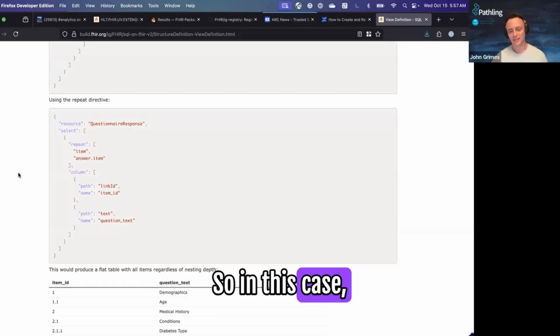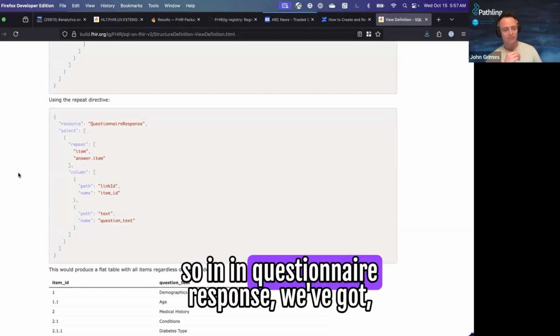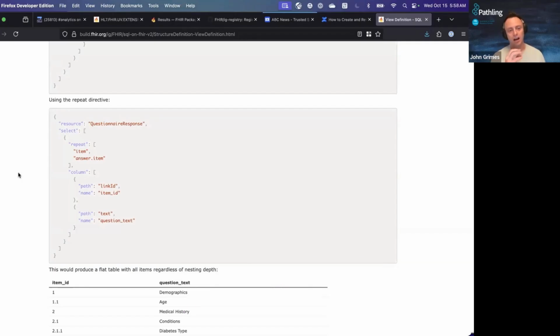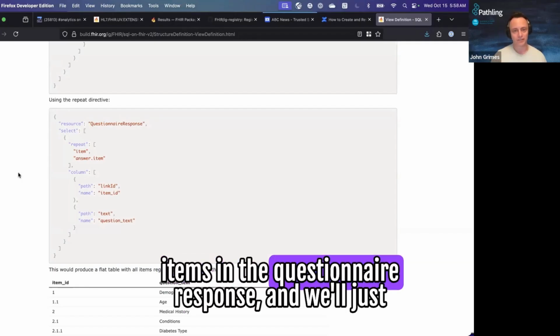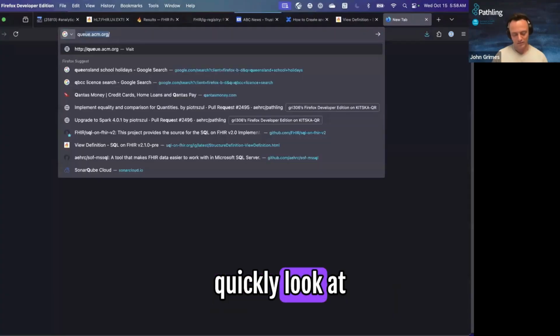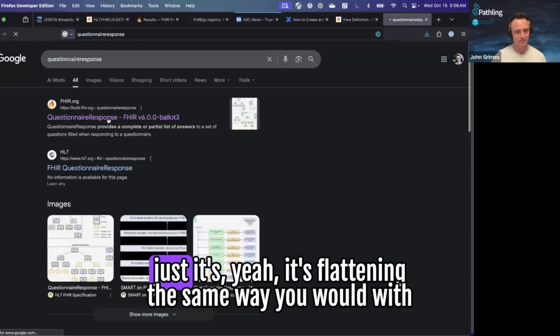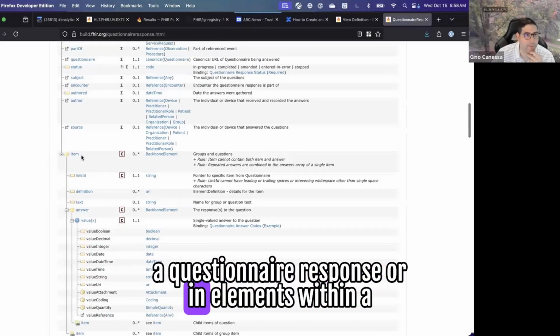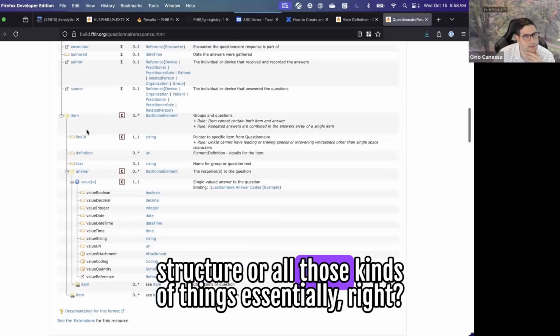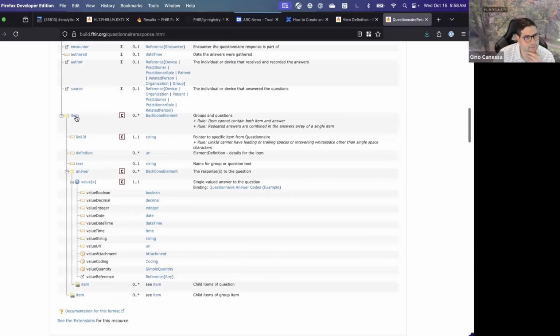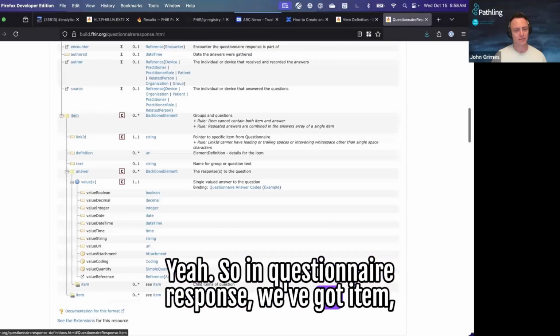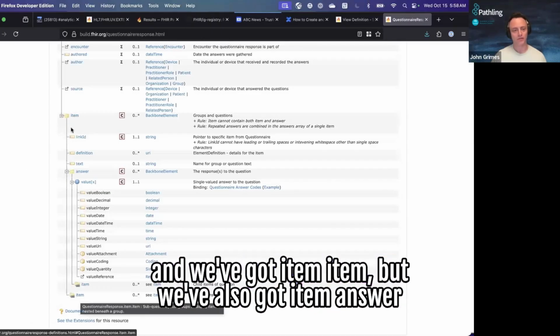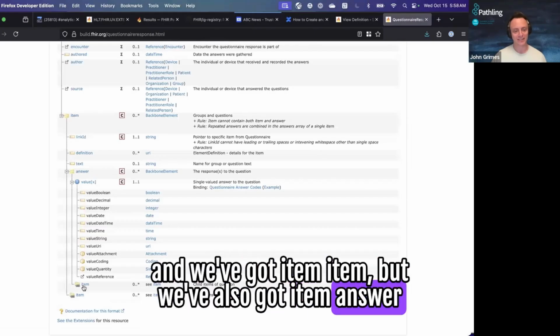So in this case, in QuestionnaireResponse, we've got items, and we'll just quickly look at the structure. Yeah, it's flattening the same way you would with a questionnaire response or elements within a structure, essentially, right? Yeah, so in QuestionnaireResponse, we've got item and item.item, but we've also got item.answer.item.